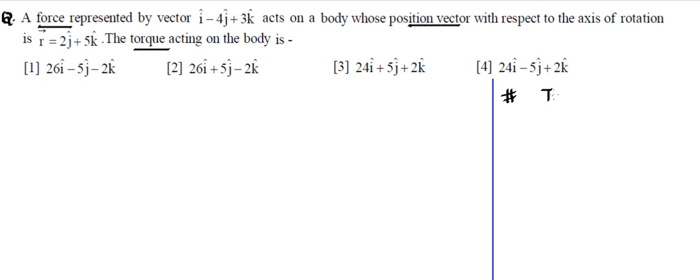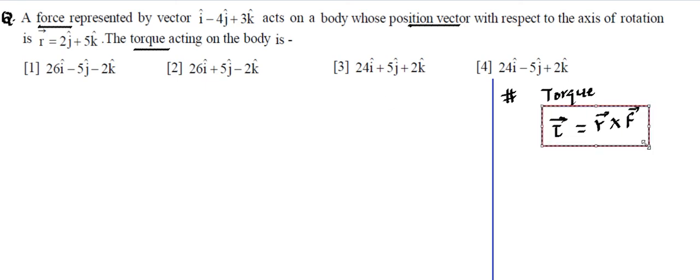So torque is defined as, torque is because of a force, so torque uses force and position vector, and torque is written by this symbol tau generally. So this is read as tau. So torque is written as this tau, and it's a vector quantity, and this is defined as R, that's position vector, cross F. Now you can remember this formula, you can note down this formula in your notes, and till we reach this torque chapter, you can remember it.